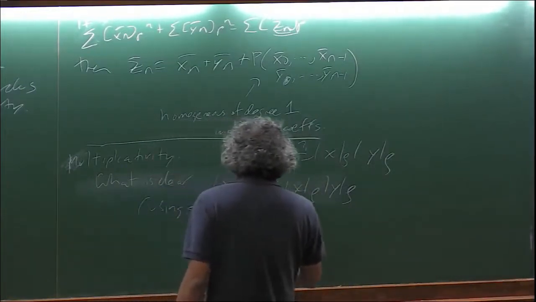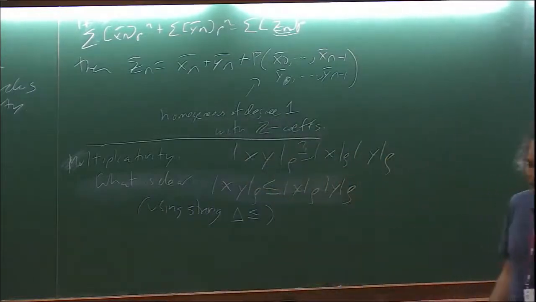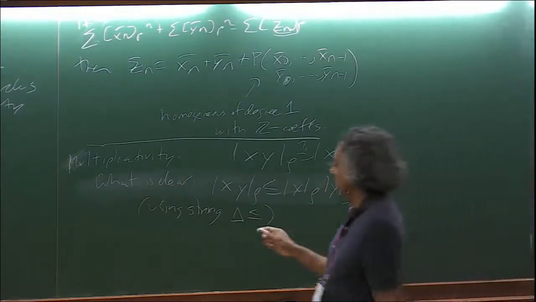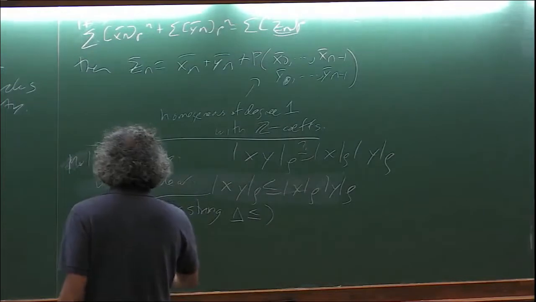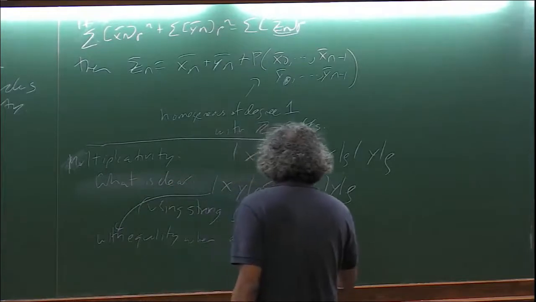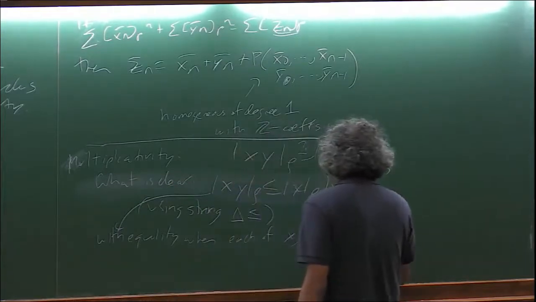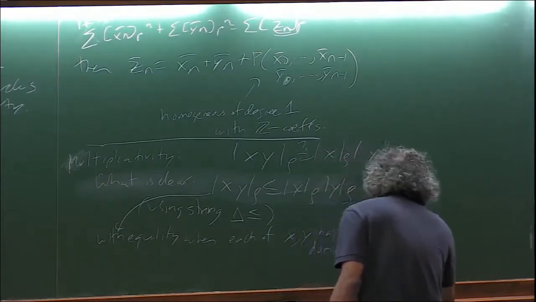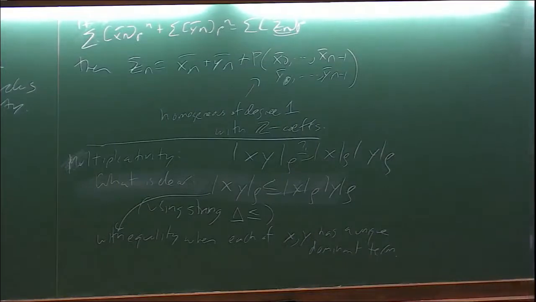So I'm using the strong triangle inequality here in this step. So when does the strong triangle inequality give you an equality? Well, when one of the terms is dominant and the other one isn't. So this has equality when each of x and y has a unique dominant term. So if x and y each have a unique dominant term, then clearly only one product of terms contributes,